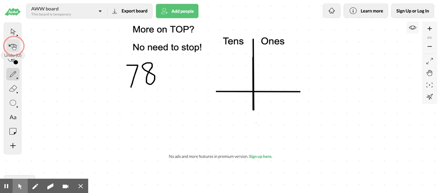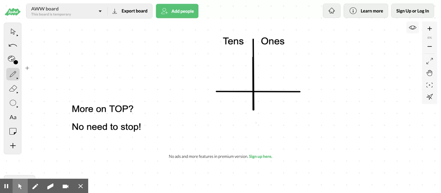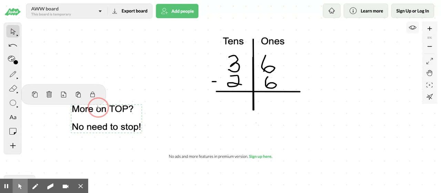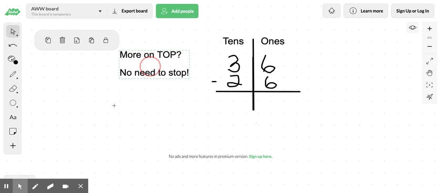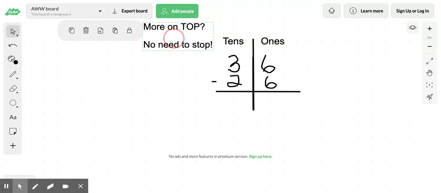I'm going to show us one more example. So let's see. What if we have a question? This is important. 36. And we're going to take away 26. So we're going to look at our motto here. So in this case,